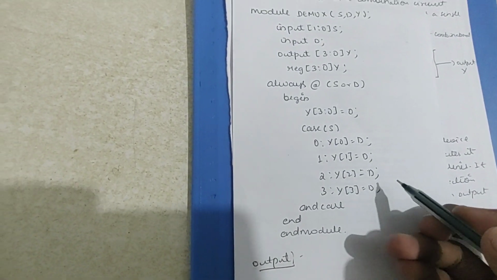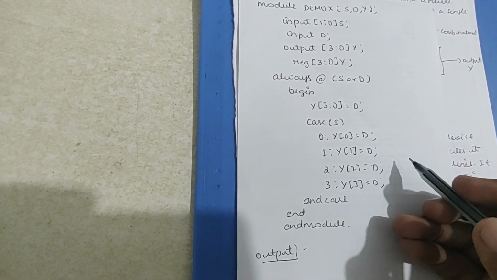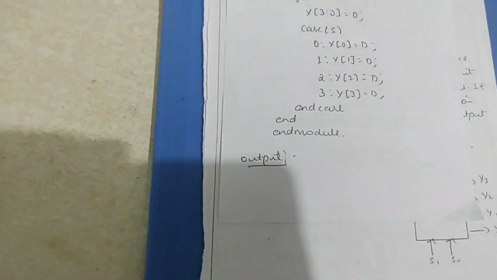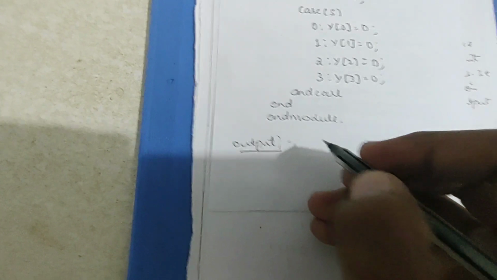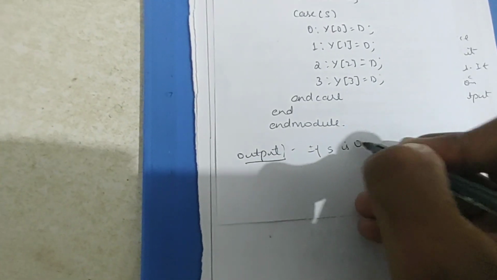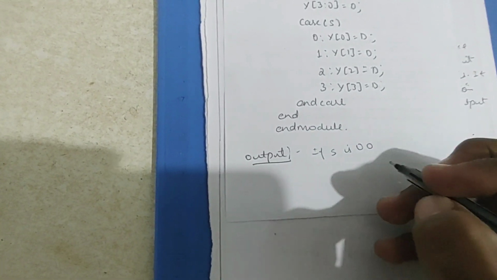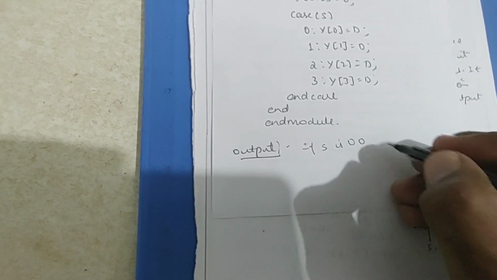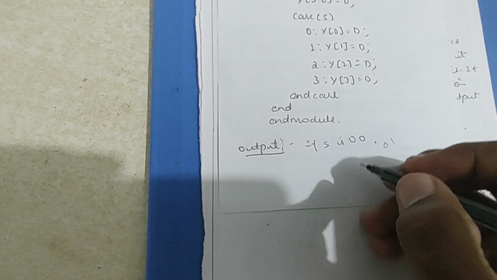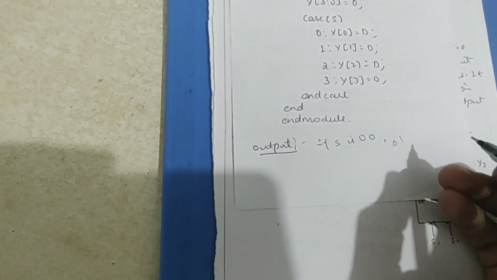D. And this is the behavioral description of the single input D, and all the other outputs will not receive the data from D. Here, if S equals 00, then Y[0] will be set to the value of D, and the other outputs will remain at 0. And similarly, if S equals 01, then Y[1] will be